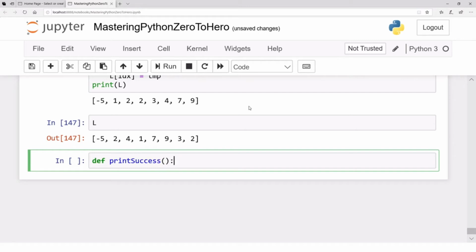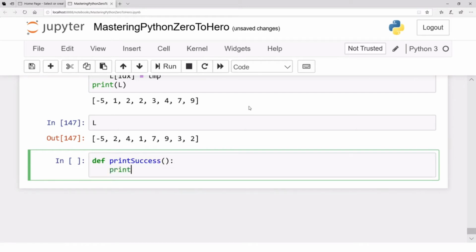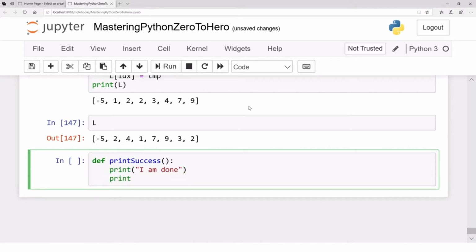That's a syntax. Then you press enter. Print "I am done." Then print "send me another task", let's say, and that's it. Let's say that's the body of the function. The body of the function here contains only two statements. Okay, then you run this